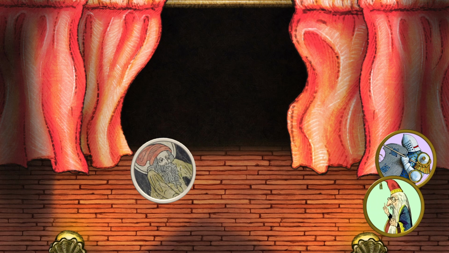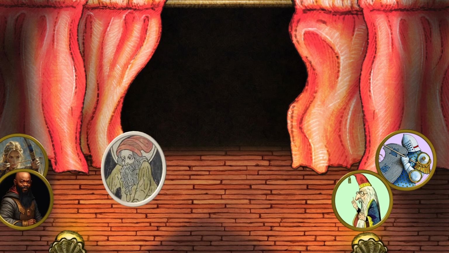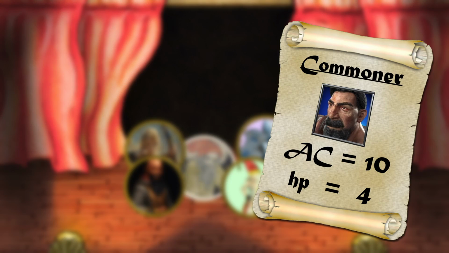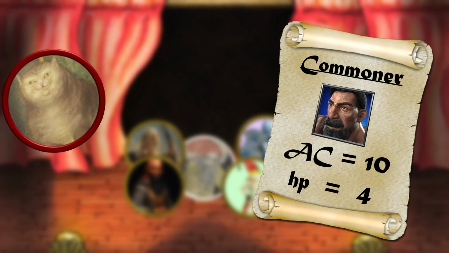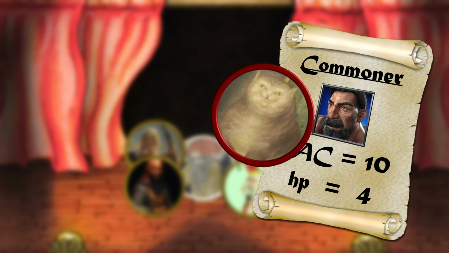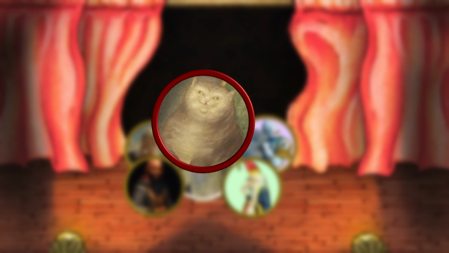How does a shopkeeper even defend themselves from any half-decent adventurer? I mean, game mechanic-wise, your shopkeeper is probably just a commoner, and if we look at their stat block, they're a pushover. They've got barely any health, 10 AC, and if you didn't know about this meme already, people have noticed that a house cat could legitimately take out a commoner with just 4 hits in Dungeons & Dragons 5th